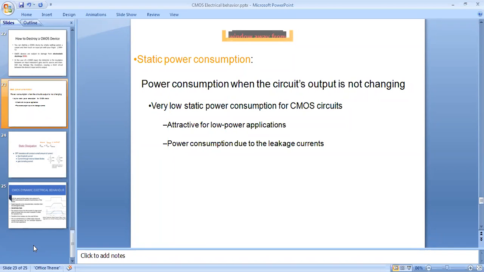The power consumption of a stable CMOS circuit is known as static power consumption. That is, if the CMOS circuit is in a stable condition, either low state or high state, then it is in DC state, a stable condition. At that time, the power consumed by that circuit is called static power consumption. So totally, when there are no changes in our circuit and it is in a static position, the power consumed at that position is considered as static power consumption. Are you got it?